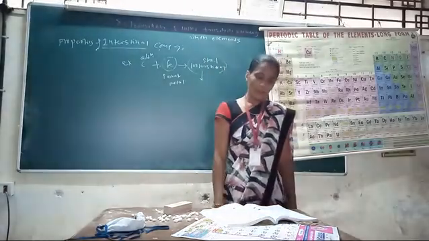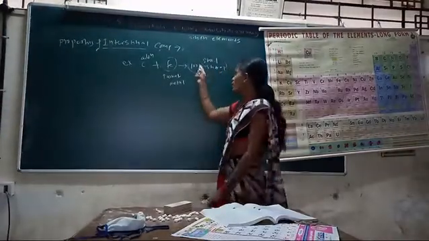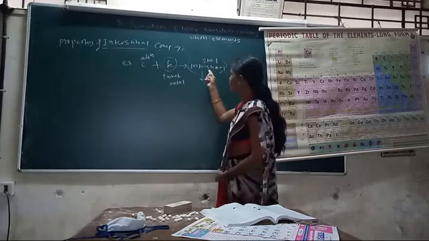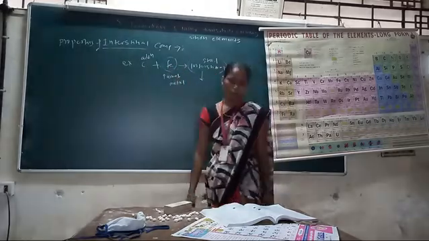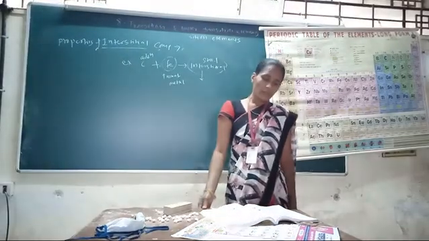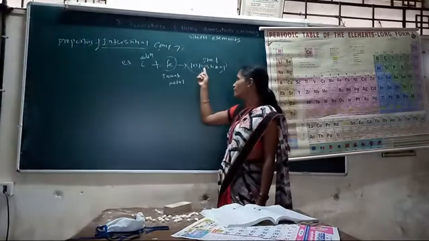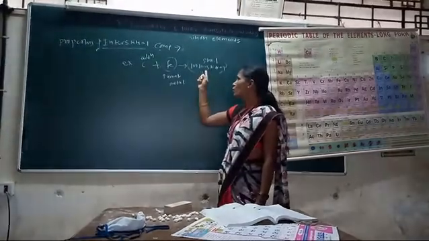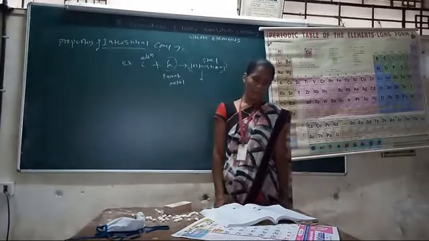Third, melting points are higher than those of the pure metal, meaning the interstitial compound has a higher melting point than Fe, the parent metal. Then fourth, their densities are less than the parent metal, meaning the weight and density of this interstitial compound are less as compared to the parent metal.